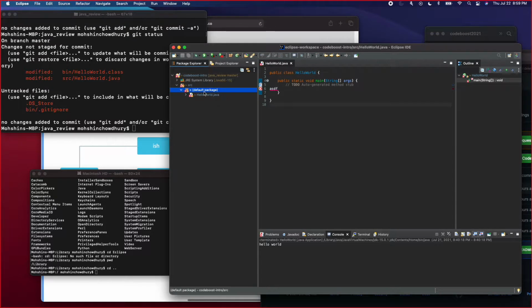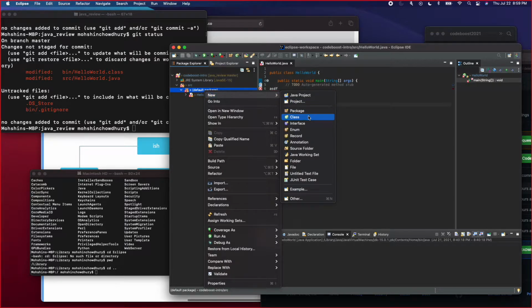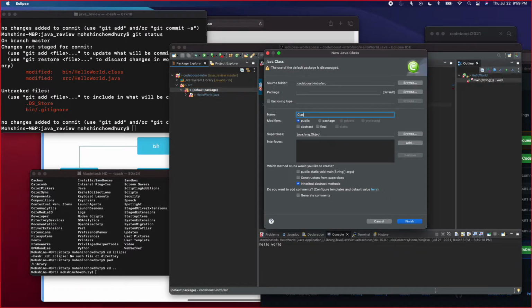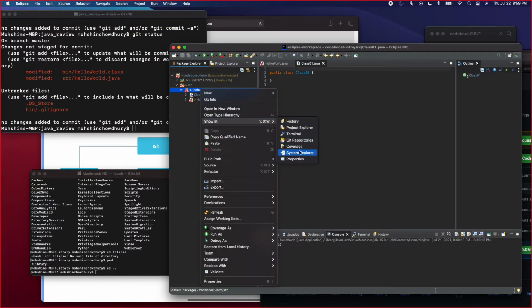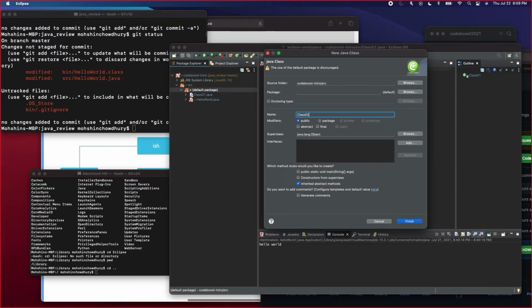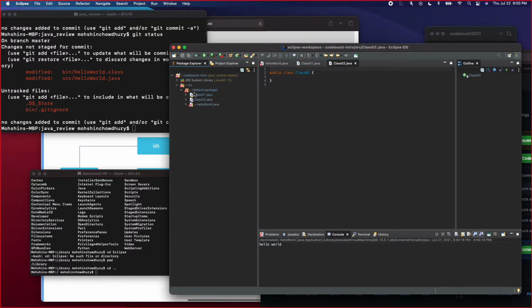And to really hammer down the point, I'll create new classes. You guys don't have to. So let's say class 01, class 02, right? And if I went down the list of these default packages, it's very helpful. At least here, it's giving you a compiler error. So to hammer down the point, the compilers at least tell you what's wrong. But